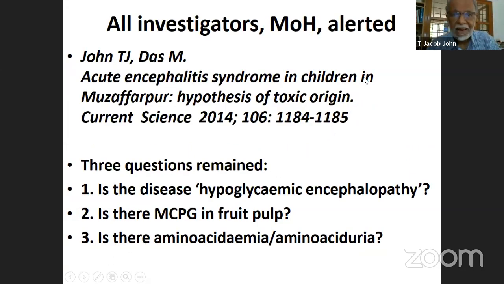Acute encephalitis syndrome was the name. It was actually an encephalopathy due to toxic origin. Published in Current Science in 2014. It had to be published very quickly because it would save children's lives. It had 3 etiological factors: